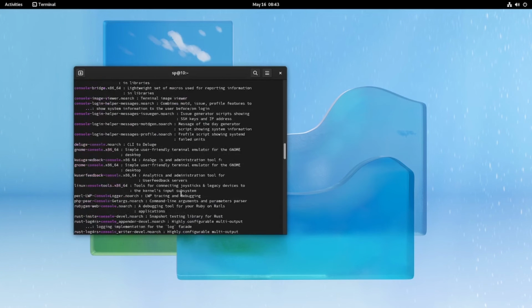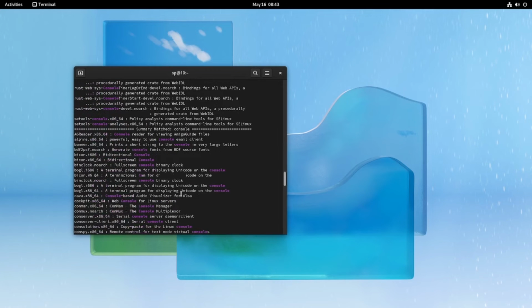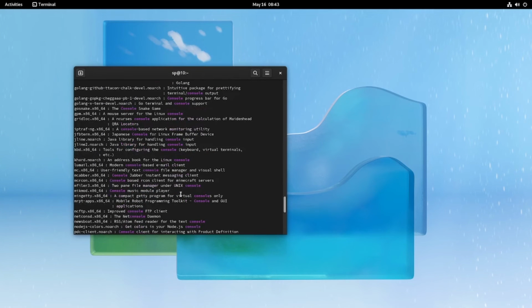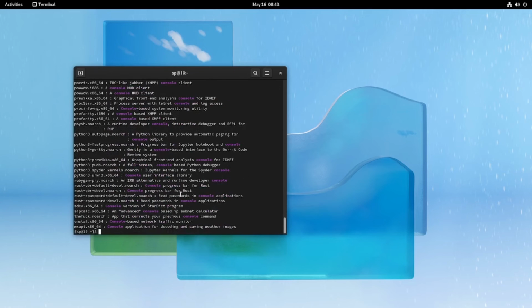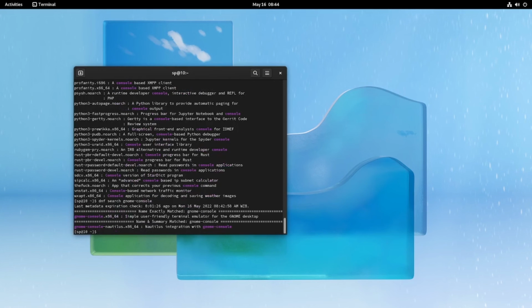I cannot see the GNOME Console here, the new GNOME Console. Okay, I will try another keyword. Yes, I found something here, GNOME Console.